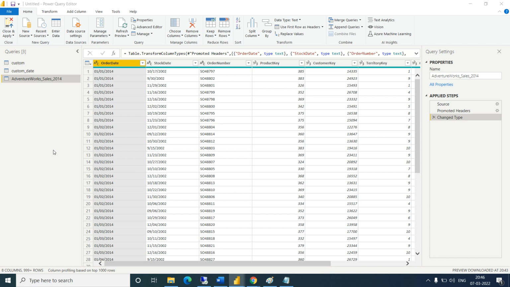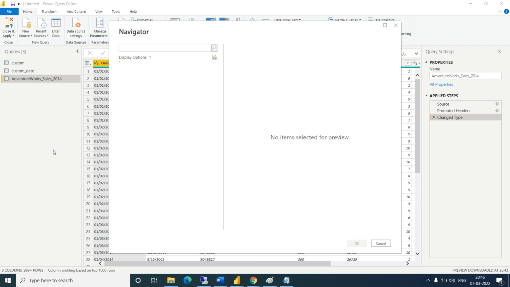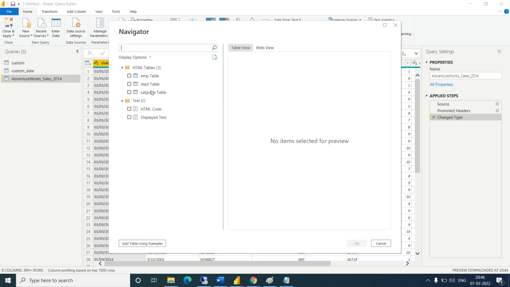Let's connect with the employee and department table data. Previously we had connected through the web, if you remember. The same is already saved, so I am connecting. Let's select the EMP department table and click OK.